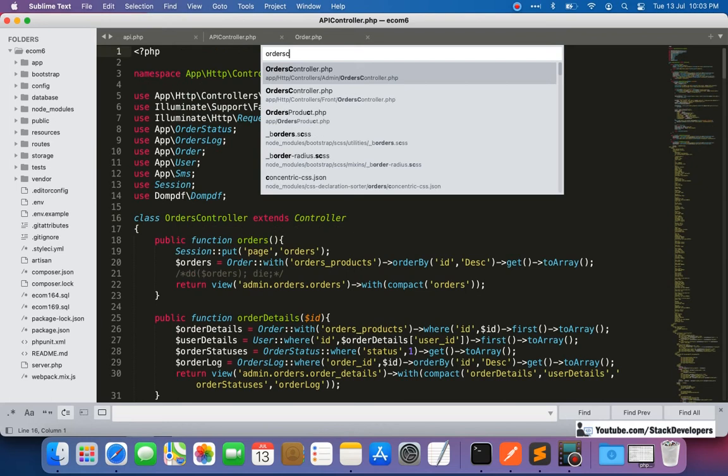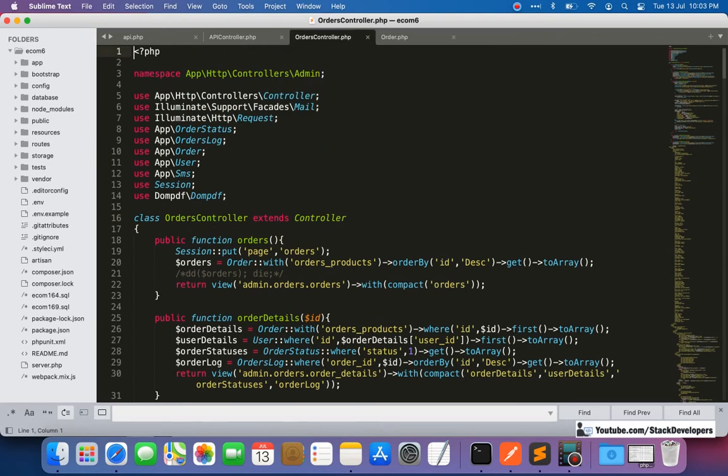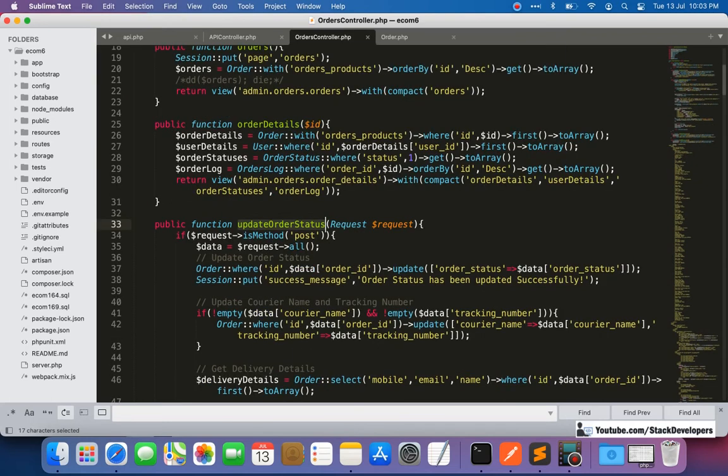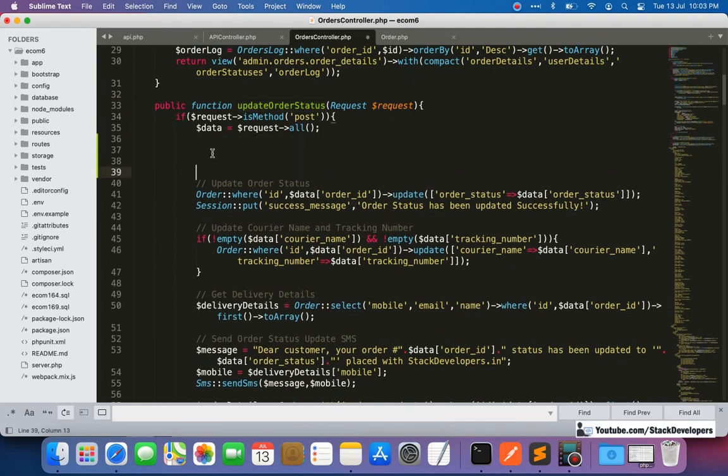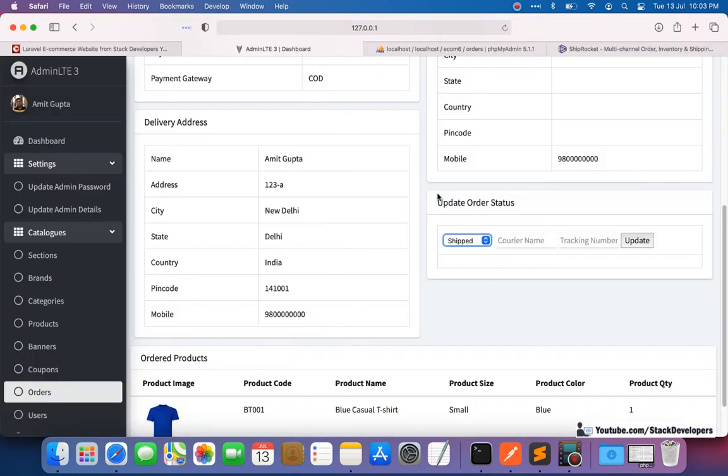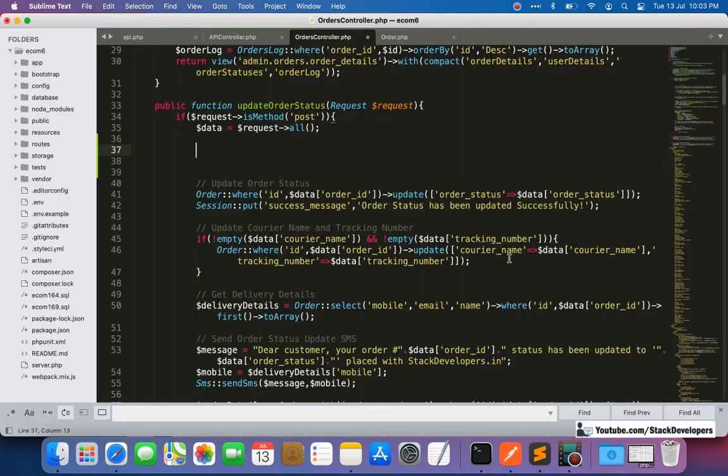So I'm going to open the orders controller in admin and update this function. We are going to add a condition at the top: if the status is coming as shipped, and the courier name and tracking number are empty, then only we will push the order to ShipRocket.